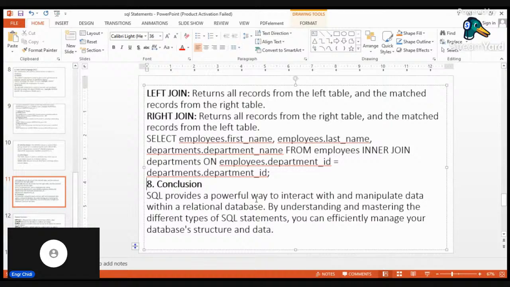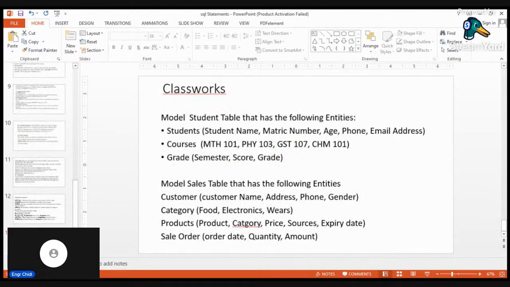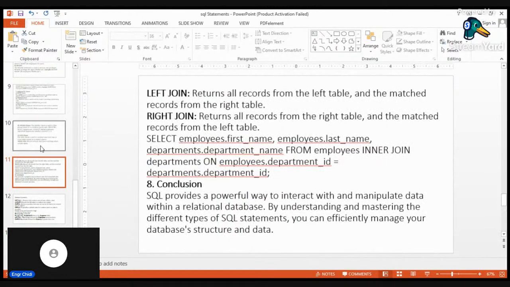Conclusion: SQL provides a powerful way to interact with and manipulate data within a relational database. So by understanding and mastering the different types of SQL statements, you can efficiently manage your database structure and data. And what we just did today is on the